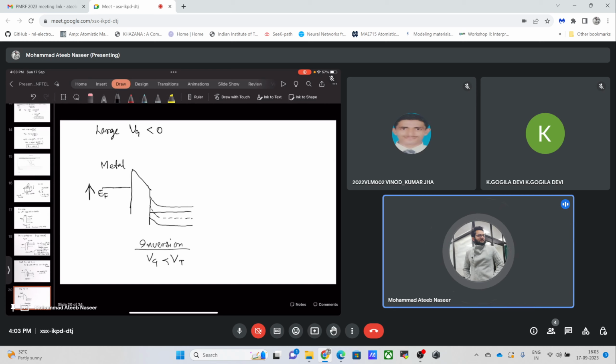So this term has been named by the inversion name. Basically, when Vg is less than this threshold voltage, the minority carrier concentration at the interface